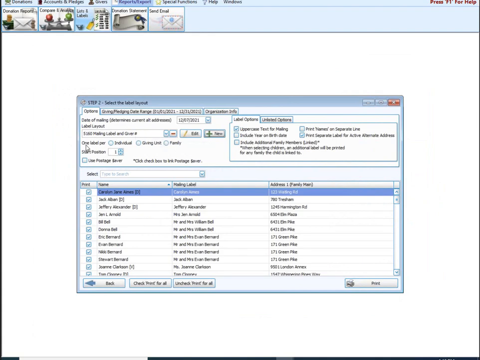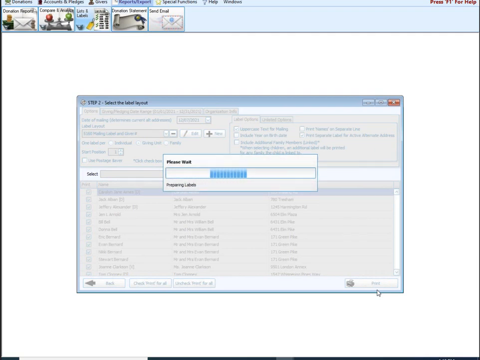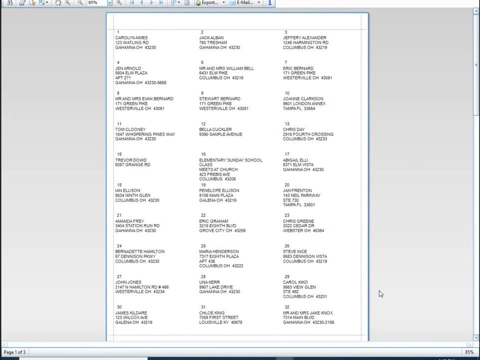Right below, I have to specify my one label per. I'm going to choose giving unit. Okay, this is important if you have some couples that give together and some couples that don't. You might have a couple where Bob has number 2, Sally has number 3. If that's the case, by choosing giving unit, they're each going to get their own label. Okay? And then lower right, I'm going to hit print. And here are my labels. Pretty straightforward. I sorted them in numerical order, and now this is everybody, name and address with their corresponding giver